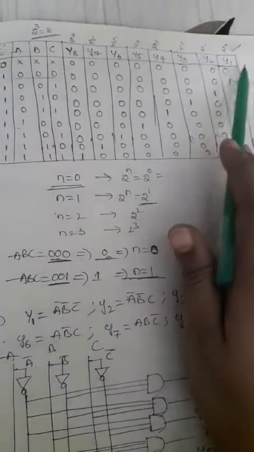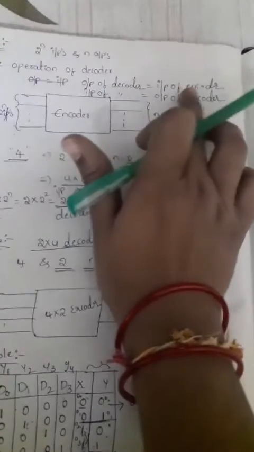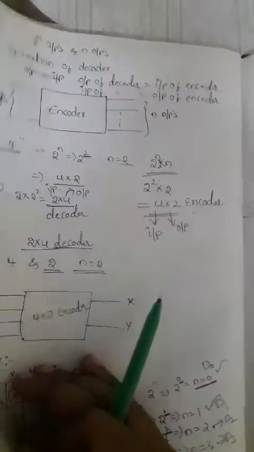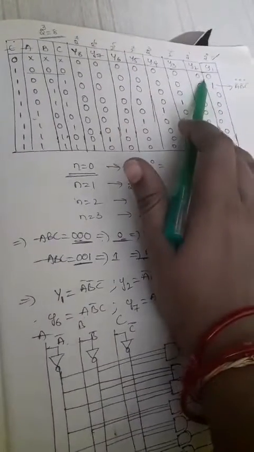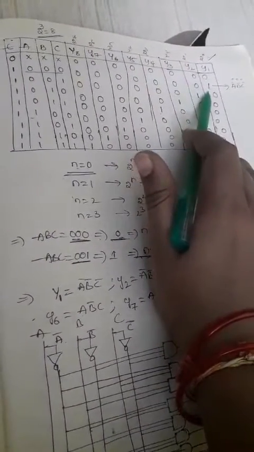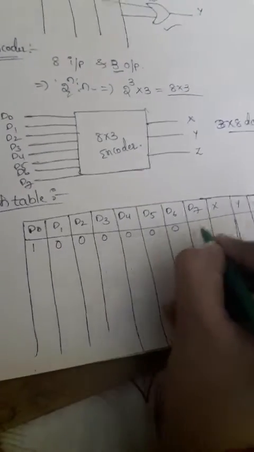So exactly you need to write these values into the 8x3 encoder truth table. Okay, so here y0, y1 to y8 are all output lines. Just now I explained here, that the output of the decoder is equal to the input of the encoder. Okay, so the output lines whatever we are having, that is equal to the input lines in that. So first one is, this is the first one, right? So 1, all zeros. So that means the first one will be 1 and the remaining all will be zeros.